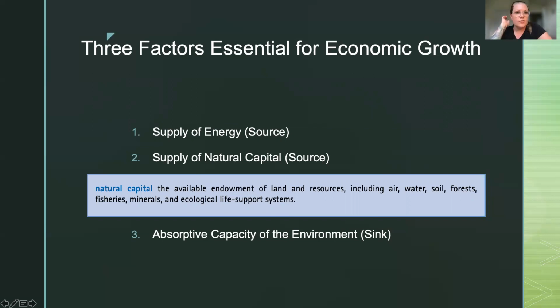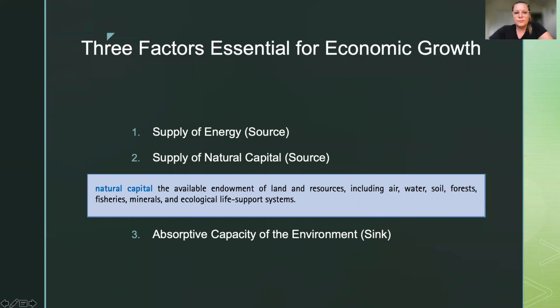Therefore, there are really three factors that are essential to thinking about economic growth. The first is using the environment as a source of energy, particularly non-renewable energies like fossil fuels and natural gas, and also renewable energies such as wind, solar,